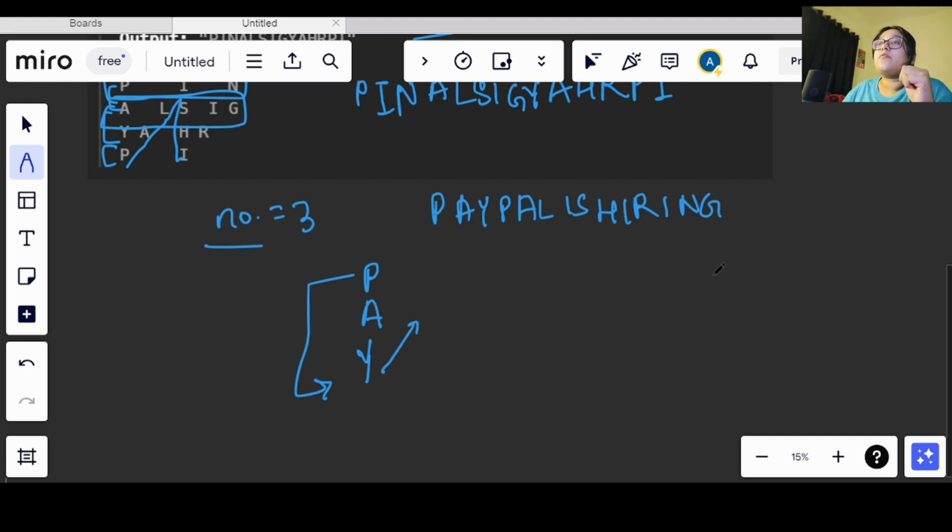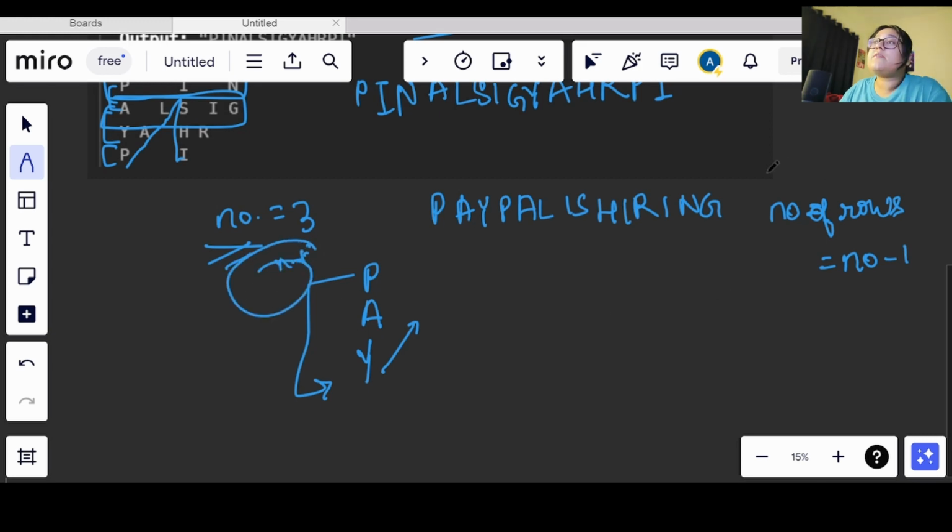So I need to keep a check: when the row I am iterating on is equal to whatever number of rows we have been given, let's say N, so it is equal to N minus 1, right? Why am I saying N minus 1? Because it will be starting from 0, so we have to go till N minus 1 only.